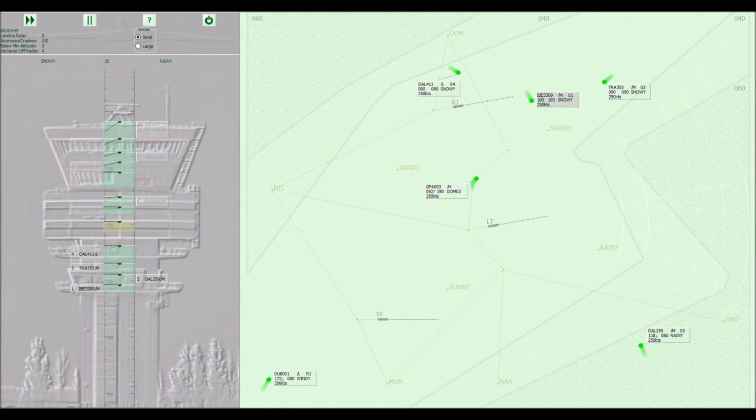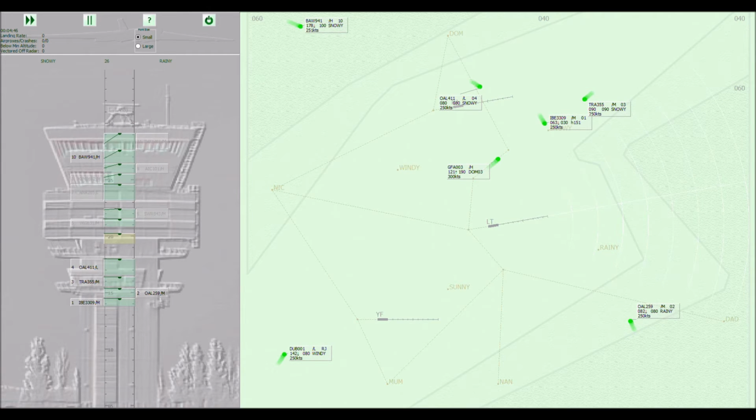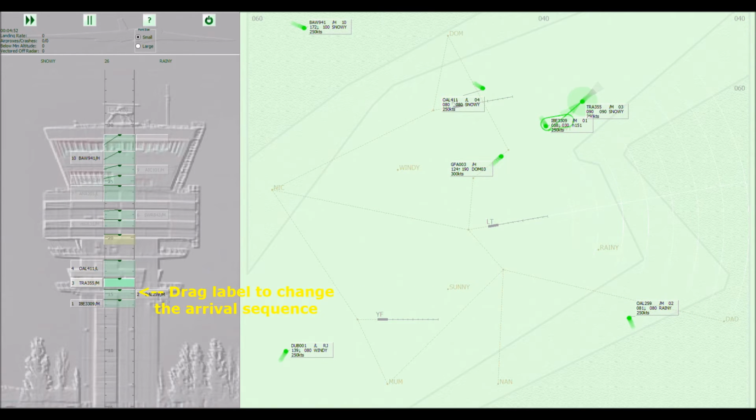Iberian 3309 Maintain present heading. Descend to flight level 030. Iberia 3309er. Now I've decided I'm going to let the Transavia come in as number 2, and I can keep